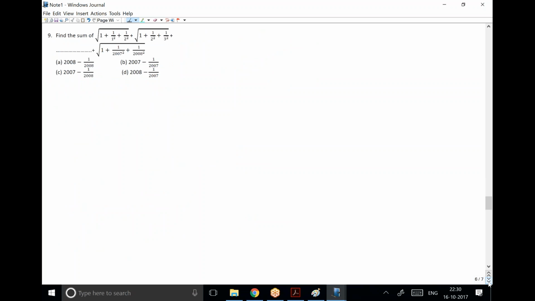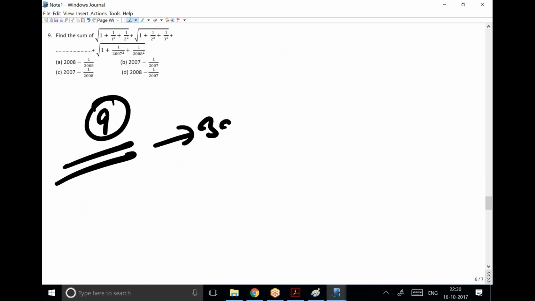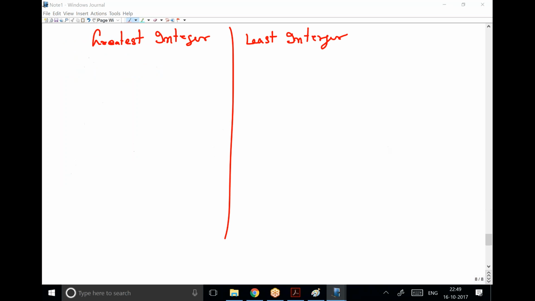So try out question number 9. This is also a good question. Take 2 to 3 minutes. So when you talk about the greatest integer function, it is always less than or equal to the integer part, right? So what's the meaning of this? When it is less than or equal to the integer part, it means if it is given to us